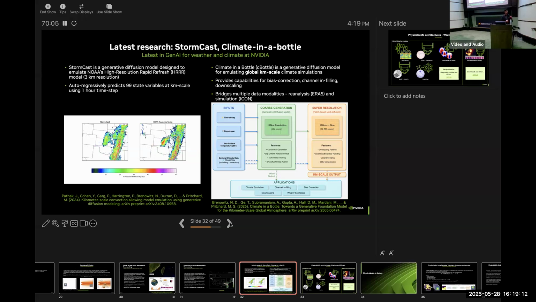So even a single time snapshot of this weather at 25 kilometer scale can be huge, and that makes it expensive to do this on a much finer scale for a forecasting scenario. So the idea here is to use these two in combination, where you use the low resolution forecasting model to predict in future, and then you use this generative downscaling model to downscale each of those forecasts.